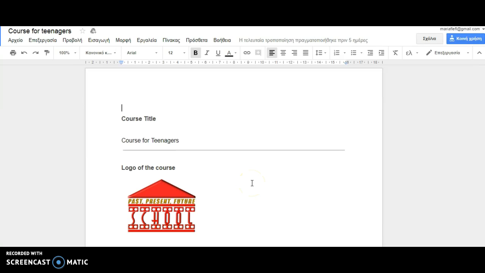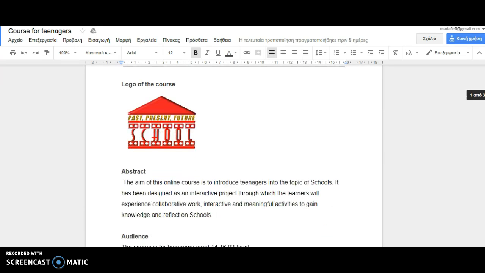We will have to show our collaborative work and how we designed our section. Let's first have a quick look at the syllabus, which we developed collaboratively. We made the logo, we put down